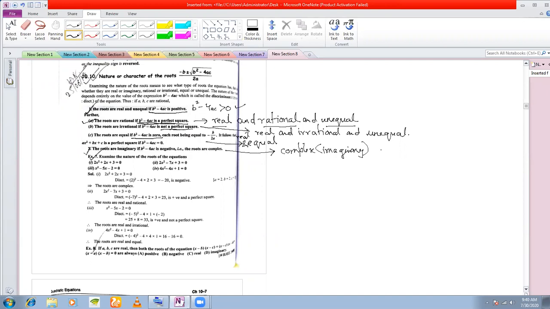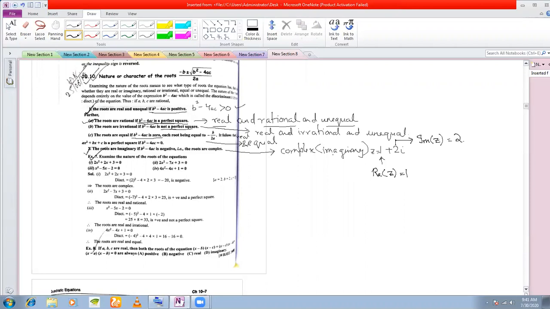There is a very small difference between complex and imaginary. Last day I introduced you to the notation of i in complex numbers. So if I have 1 plus 2i as a complex number, then this part is called the real part of the complex number. We denote the complex number by z. This one is called the real part of z, and we write it as Re z. And this part is called the imaginary part of the complex number z.